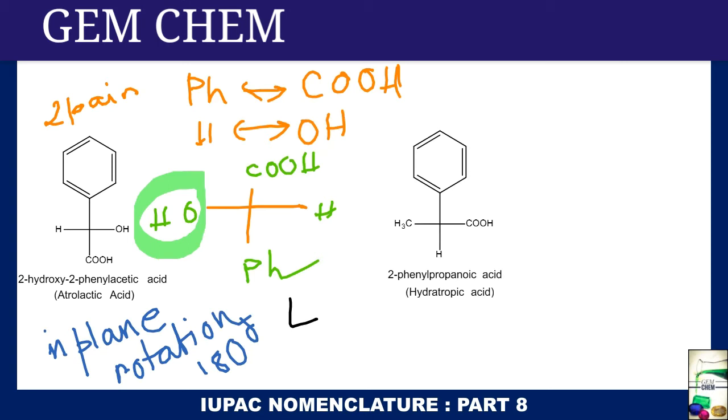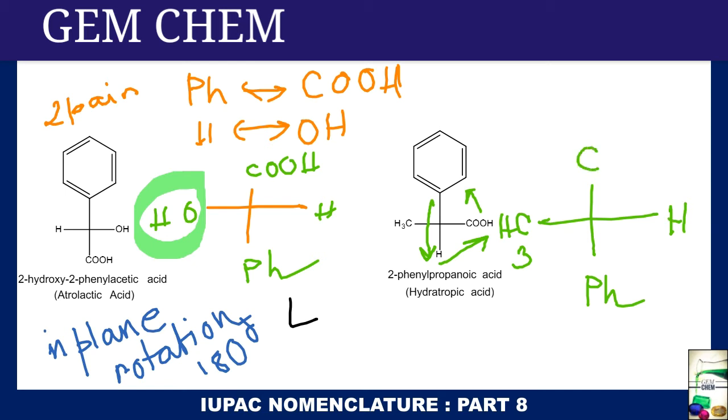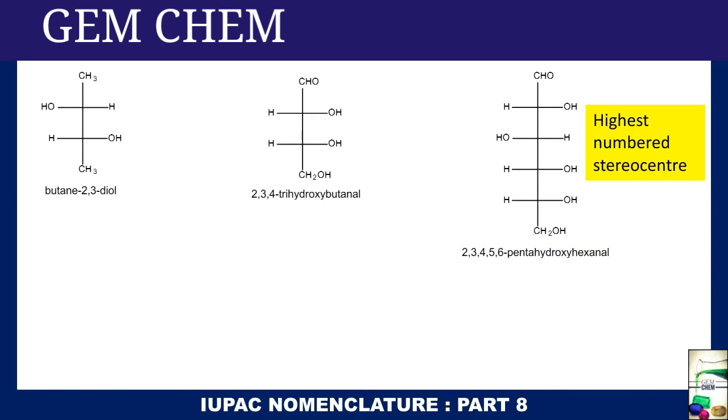Now in this case, we can change with respect to the group of 3. If we take this one here, take this one there and take COOH here, then what happens? Our ultimate configuration comes to be pH, CH3, and here hydrogen comes and here COOH comes. From here we can understand that we have obtained the required arrangement. CH3 is present in the left hand side, so we can assign it as L, right? Now for the next one, if we consider this one, we can see that there are 2 stereogenic centers, or more specifically 2 chiral centers.